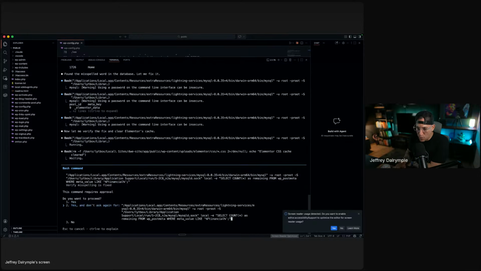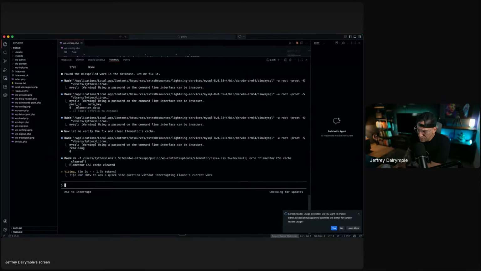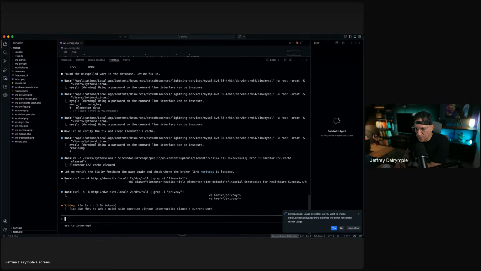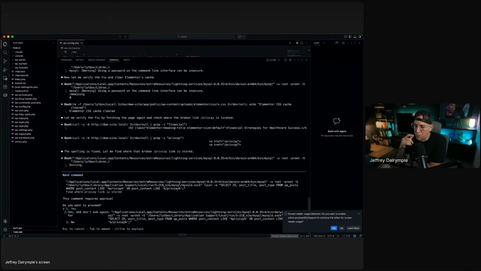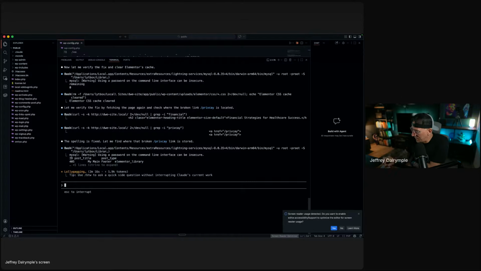I can see it's going through everything trying to get in there. If I am going to use this on the Elementor side, I definitely am going to need to learn how to access it and create a skill, create something for it. That way it could go right in and fix whatever it is.